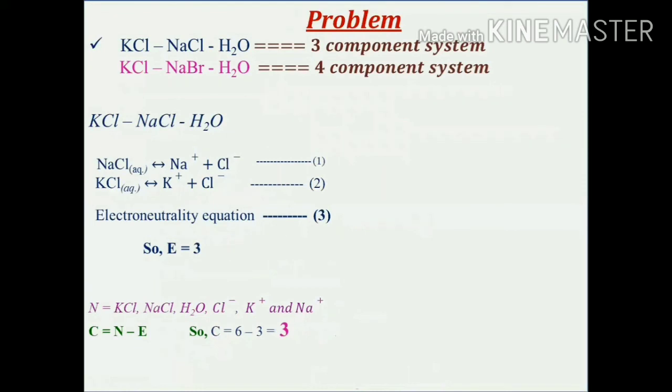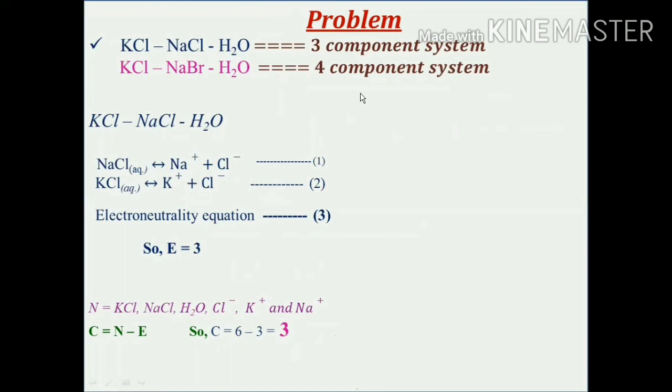This is quite interesting. You have 2 systems. I give you KCl and NaCl and then water. So my beaker is now carrying KCl, NaCl, and water. Now the question says that this system is a 3-component system. Whereas if another beaker that I give you is carrying KCl but instead of NaCl, I have replaced it with NaBr now. All the other compounds or species are the same.